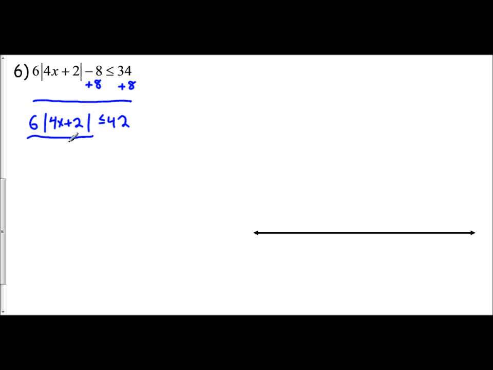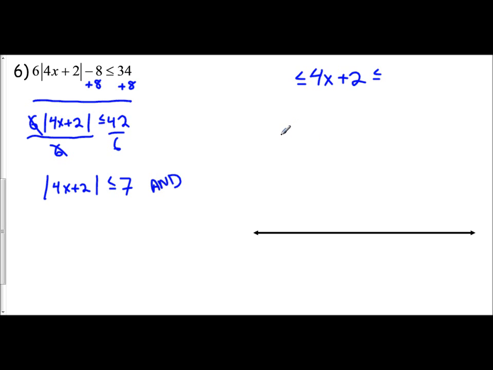Now I divide both sides by 6 and get the absolute value of 4x plus 2 is less than or equal to 7. So this is a less than absolute value inequality, so I'm going to create an "and" compound inequality. And in dealing with an "and" compound inequality, remember your variable expression inside the absolute value bars is going to be between